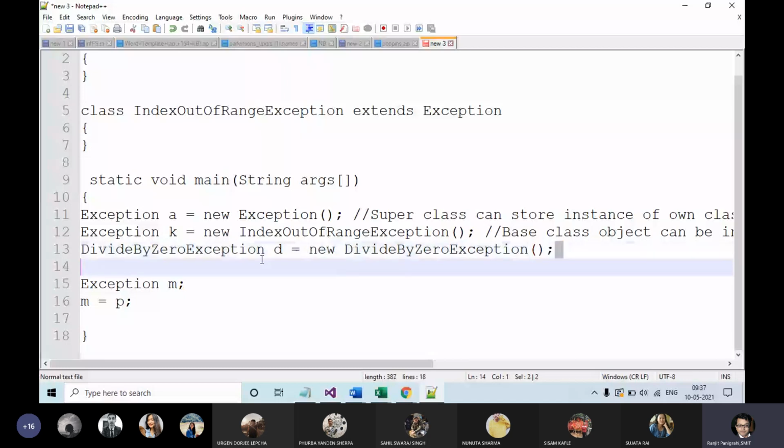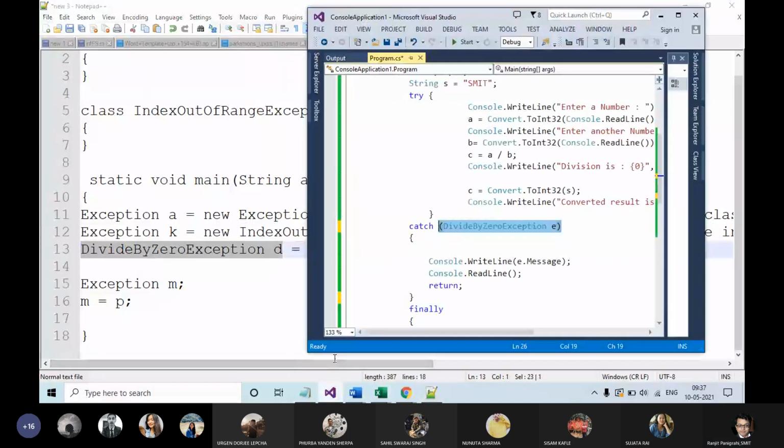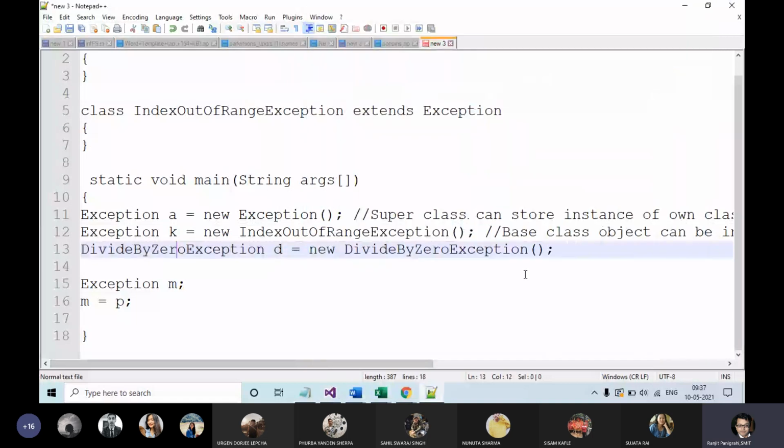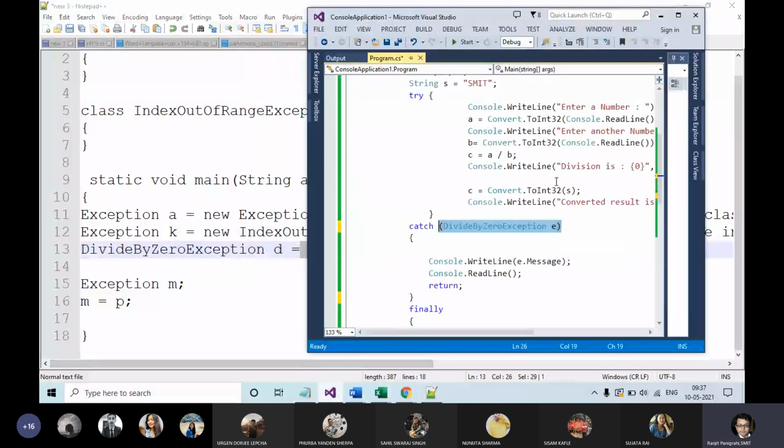So means this thing is here, and this thing is thrown out within here. समझ में आया अभी?